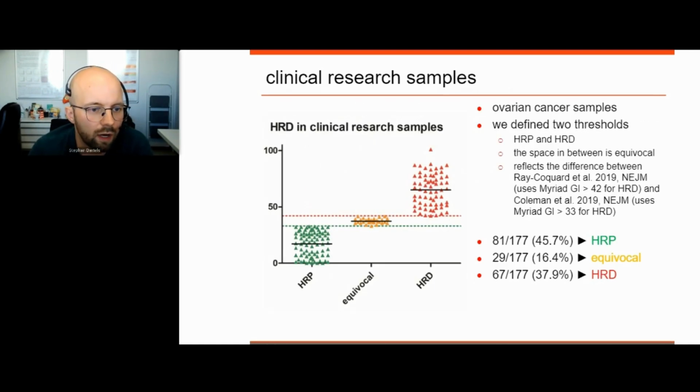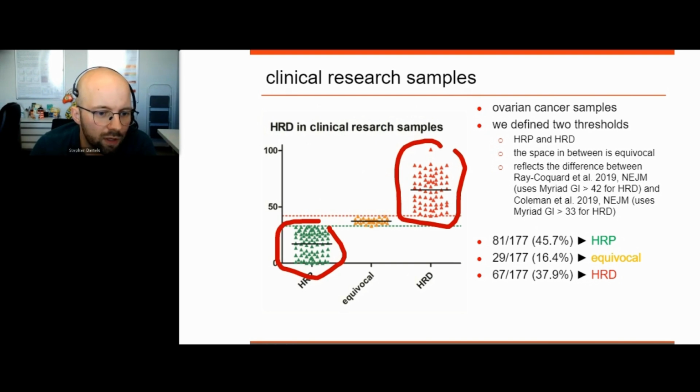So these are our ovarian cancer samples. These are the HRP samples, the HRD samples. And this is our equivocal area here. The equivocal area reflects the difference between the GI score of 33 and 42 from these two New England